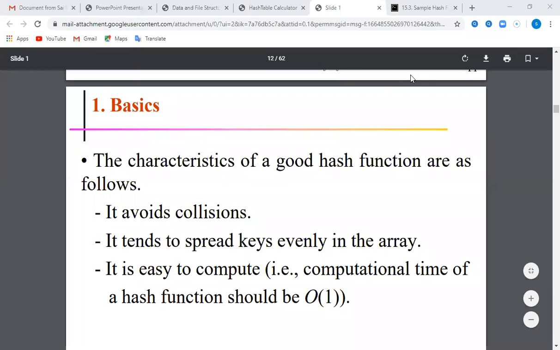So in index 2, I am going to store 32 and 22, but it is not possible. Once I have stored key 32, I cannot store 22 again in the same slot. That situation is called collision. If I get the same index to be stored, then that situation is called collision.